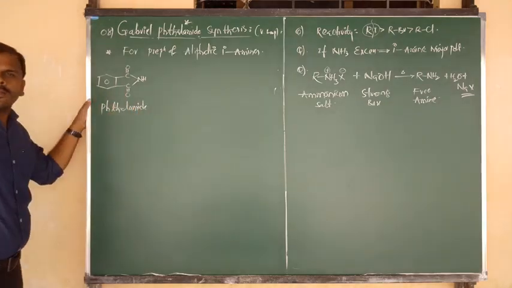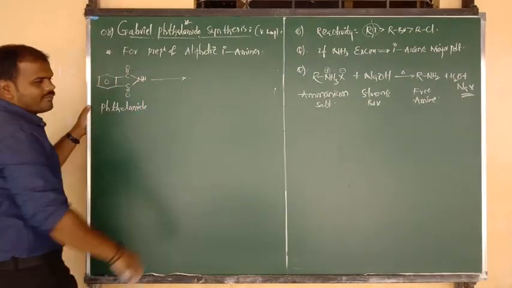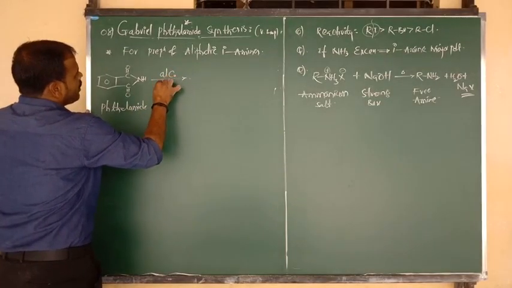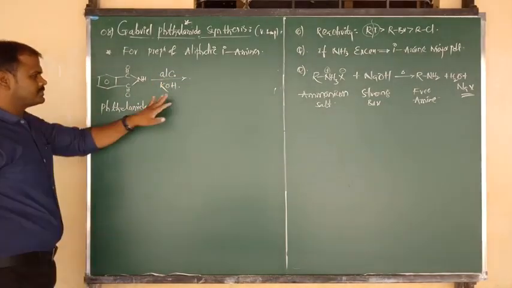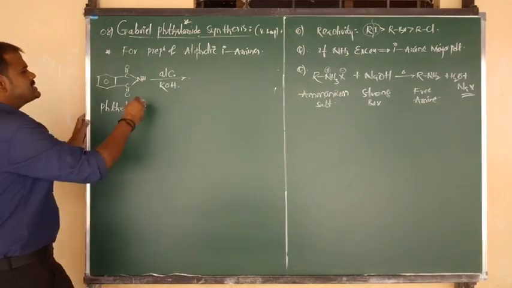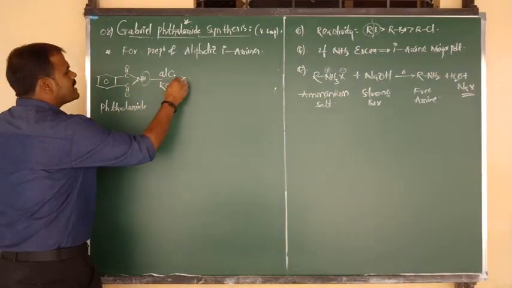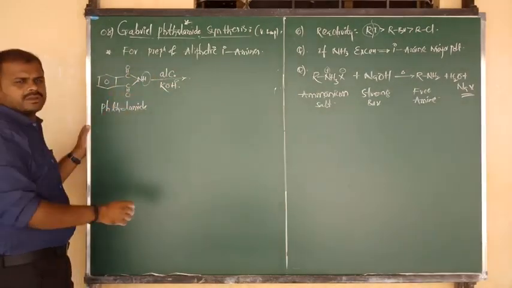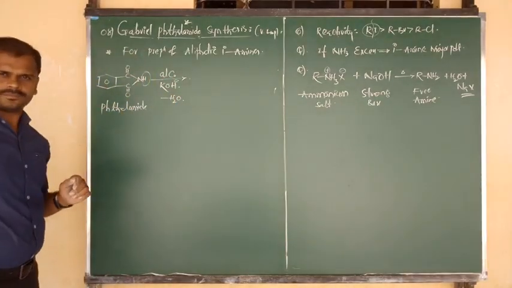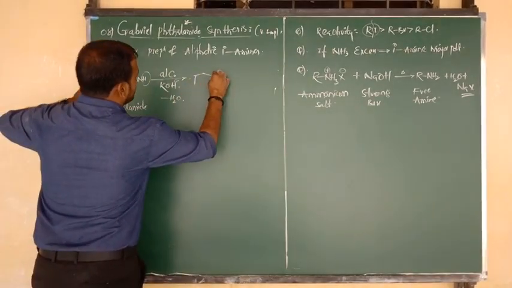Very good. When phthalimide undergoes reaction with, or we can say is heated with, or treated with, the reagent that is nothing but alcoholic KOH, then what will happen? Simply we have to remove the H from phthalimide. It is going to combine with OH minus from KOH, and they are eliminated in the form of a water molecule. Clear? Now here I am going to consider a benzene ring.